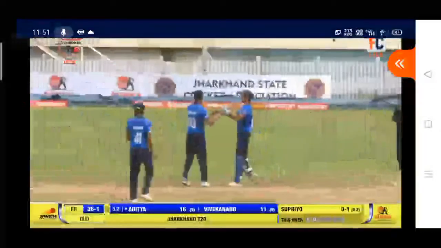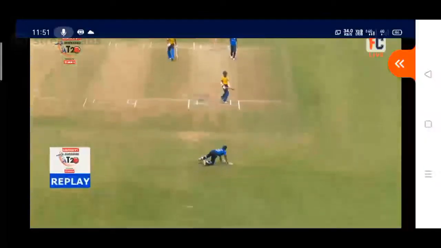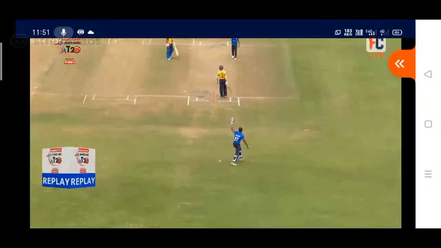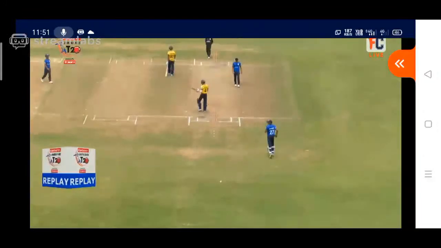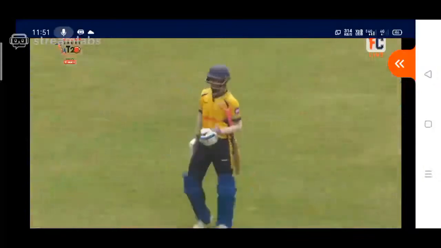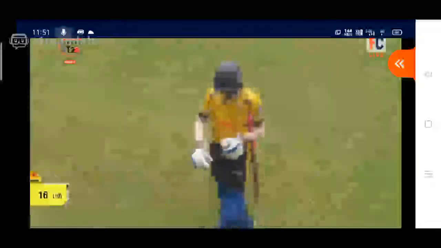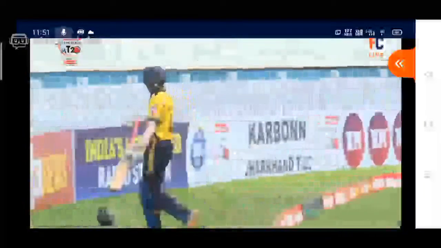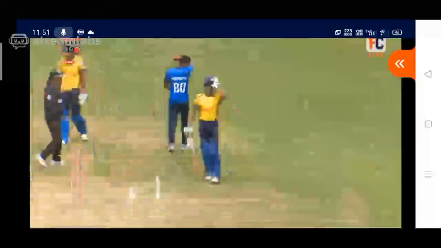Well, I was telling you, he didn't move his feet, trying to run, an inside edge onto his stump, so he's clean bowled. He's not going to the pitch of the ball, neither going forward nor going back, and he played the ball, trying to heave it on the outside of the wicket, taking the inner edge, the ball hit the stumps and he is out, clean bowled.